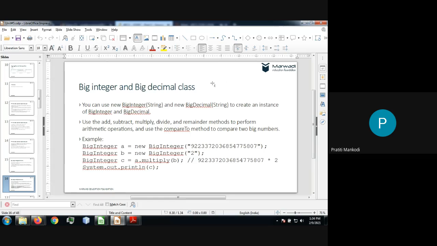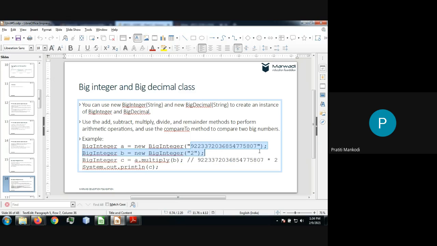Let's say this is what I want to store. Now, is it feasible for any integer to store this? Not at all. It will be out of the range. It will be out of the long range also. It will be out of the integer range also, right? So if I want to store this kind of number, I have to use big integer, and as they are classes, I need to create an object for that. And you can store a number of any length inside big integer, any length.